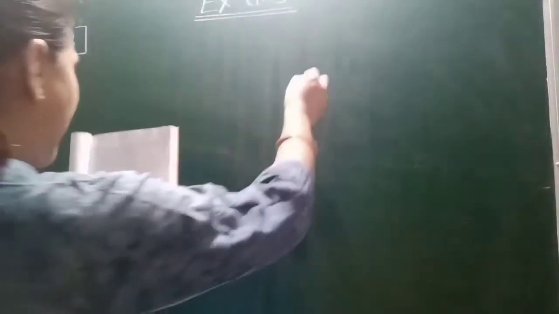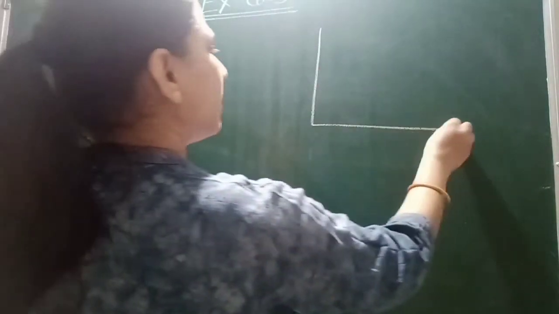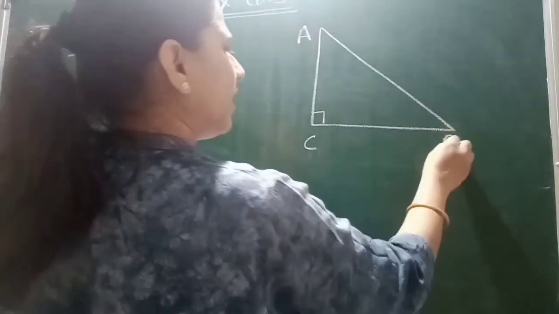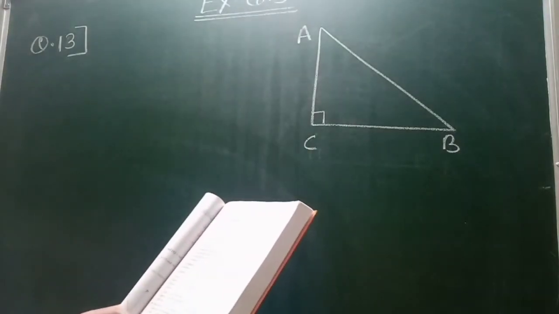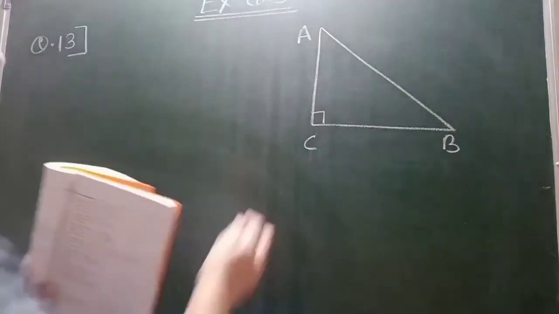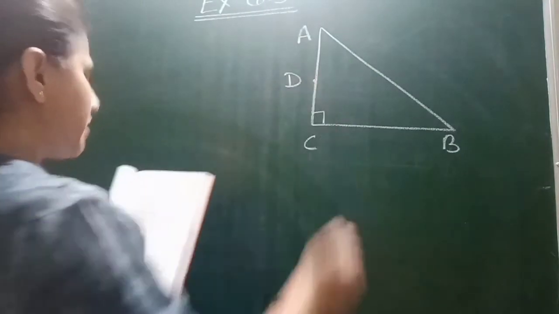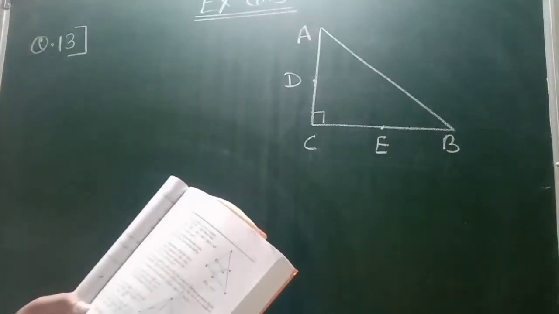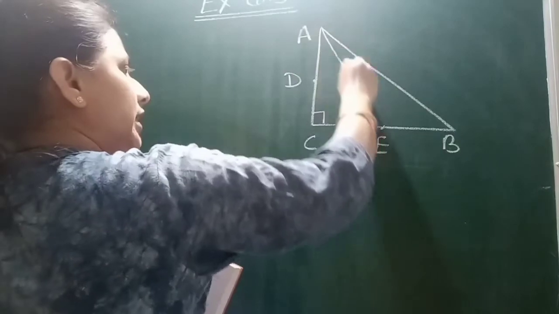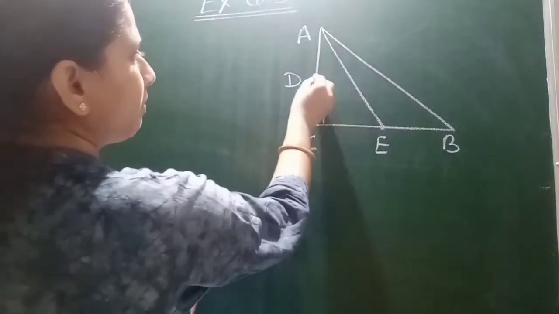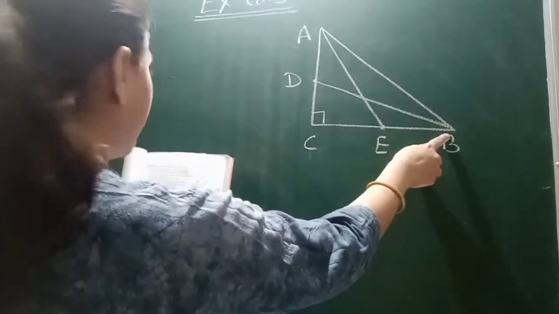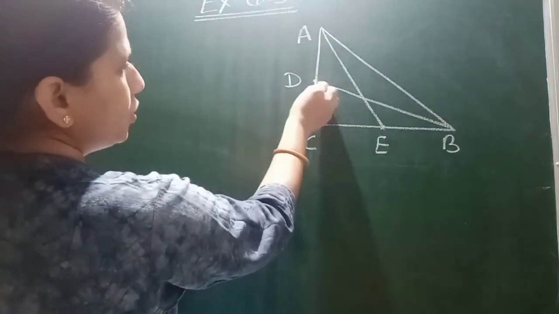Student, first we will make a right angle triangle which is right angled at C. Right angle at C, A, B. We can take A and B anywhere. Then D is the point on CA and E is the point on CB. Then to prove AE, we will join this AE. Then BD, we will join this BD, equals AB square, AB is already joined here, plus DE square. So we will join this DE also.